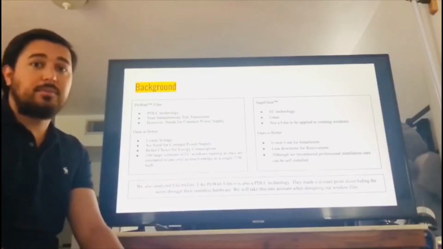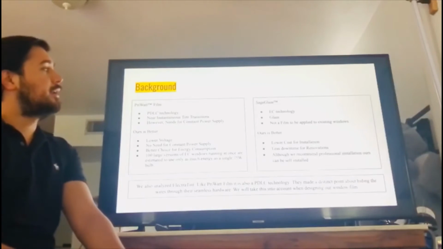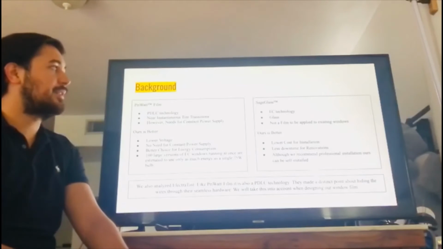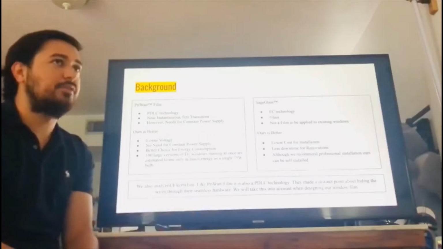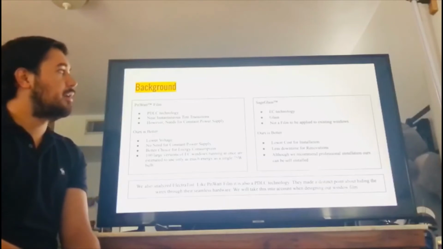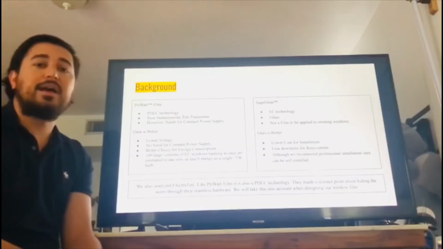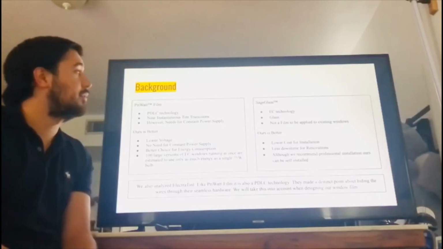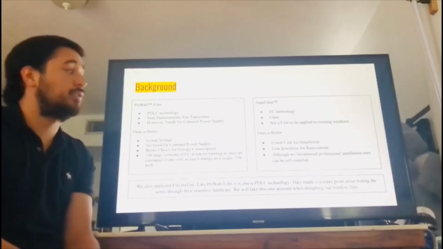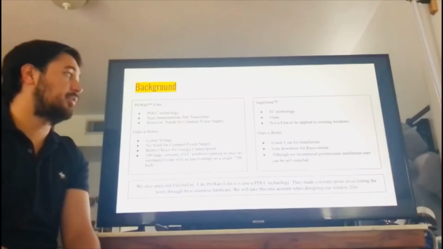But this is a glass product. We are more focused on film. Therefore, a glass will be harder to replace in an existing building. However, ours, we can apply it to everything basically, at a very low cost. We have ours better because of that. We have a low cost for installation,